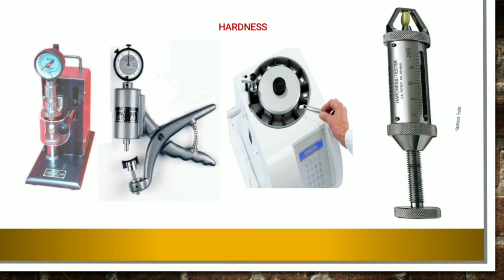Generally the tablet is held between a fixed and a moving jaw, and the force is applied to the edge of the tablet. It is gradually increased either by turning of the screw, as in the Monsanto's hardness tester, or by applying pressure, as in Pfizer's tester, and then the point at which the tablet breaks is noted down. Ideally, 4 kg is considered to be minimum for a satisfactory tablet. However, hardness for a compressed tablet should lie between 5 to 8 kgs.